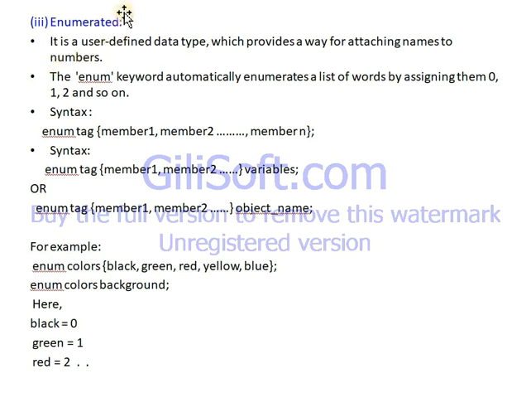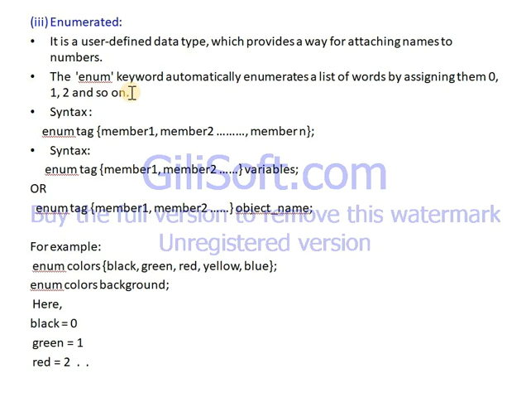Next user defined data type is the enumerated. It is a user defined data type which provides a way for attaching names to numbers. The enum keyword, meaning enumerated, automatically enumerates a list of words by assigning them 0, 1, 2 and so on.